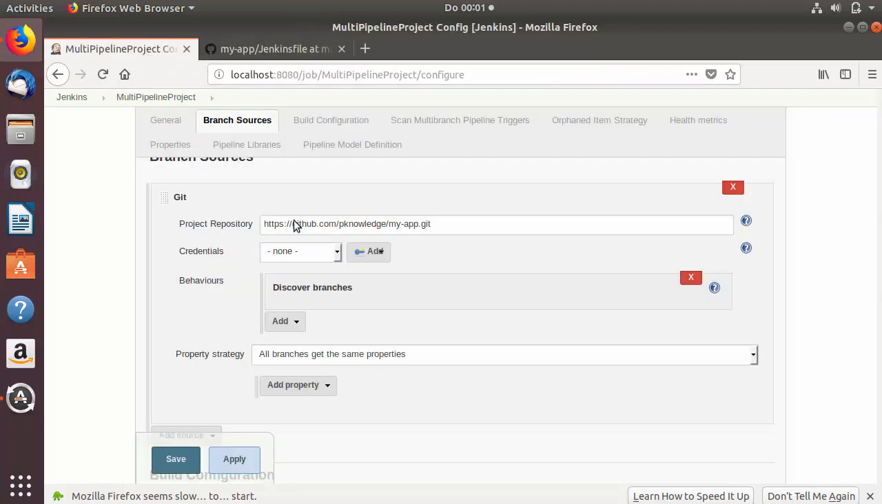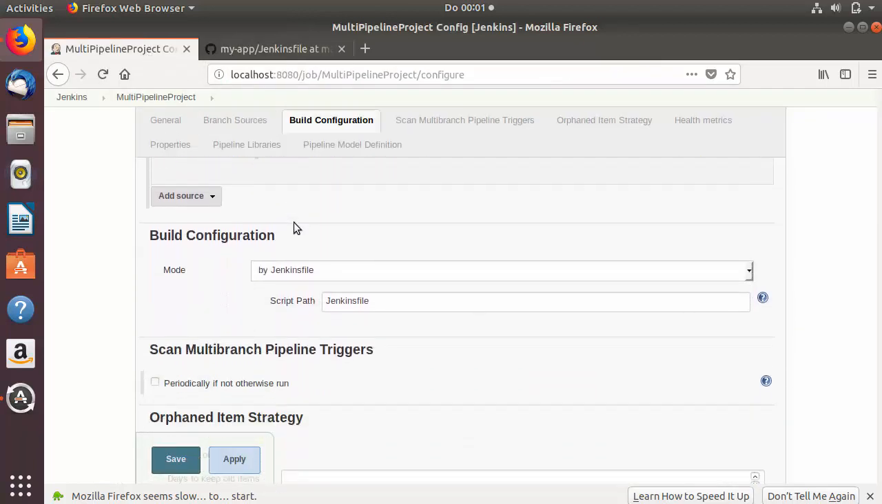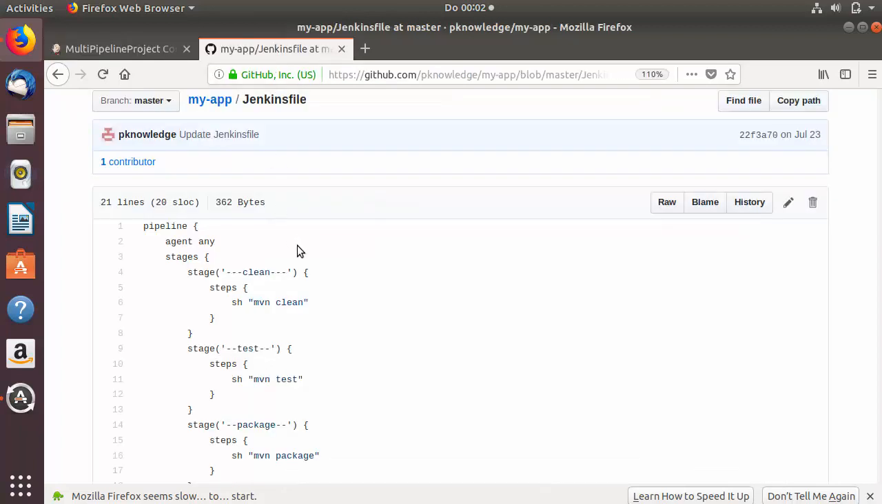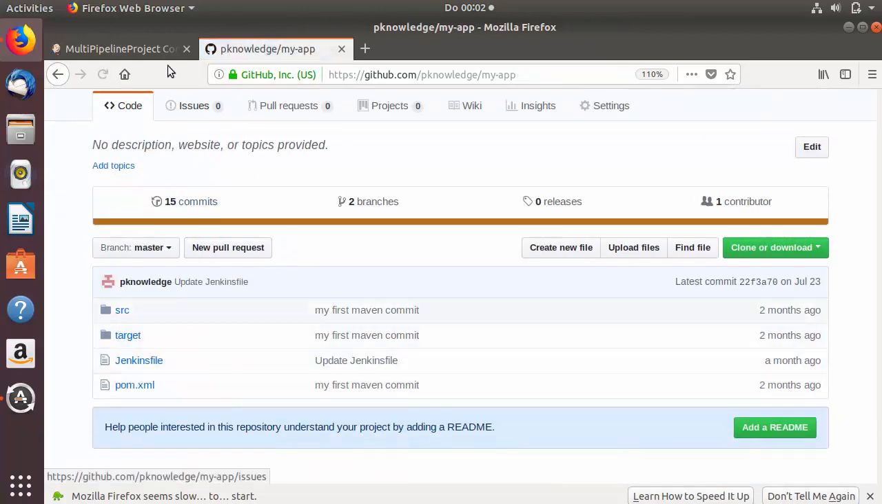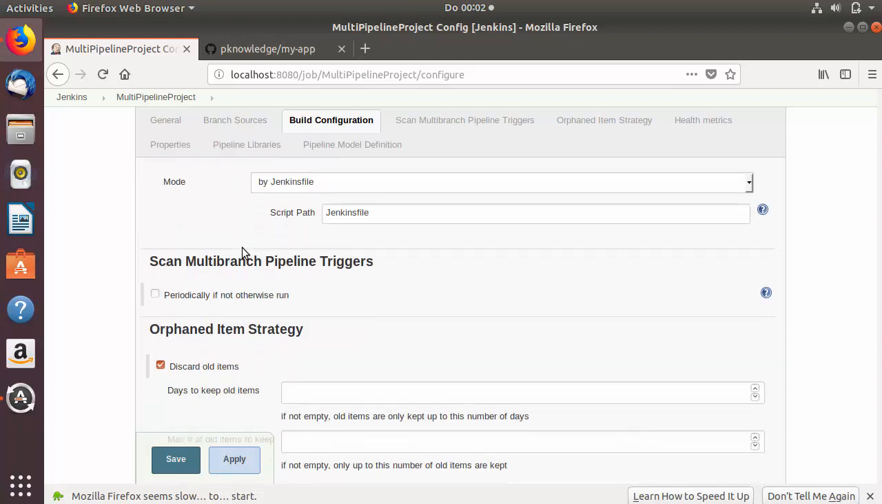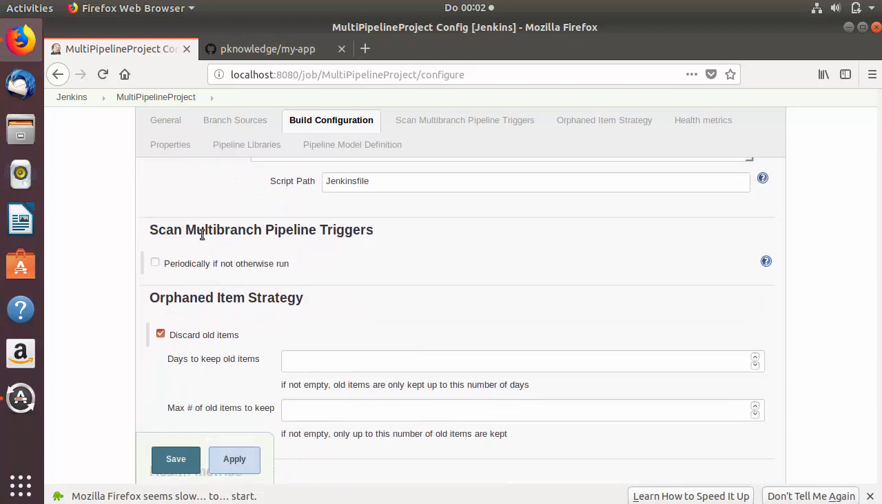And then when you scroll down, you will be able to see this section which says build configuration. In the mode, you will see only one option here, which is Jenkinsfile, and you need to provide the path of your Jenkinsfile here. Because my Jenkinsfile is in the root directory, I don't need to change the path of this Jenkinsfile, right? Now when you scroll down more, you will be able to see Scan Multibranch Pipeline Triggers, and